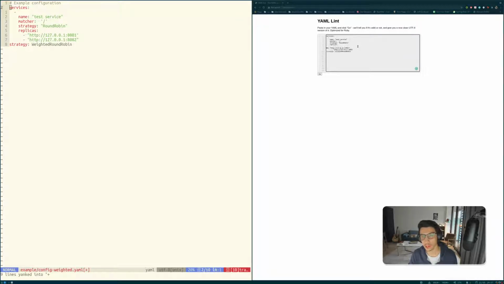And the replicas would be something like, okay, so I have a URL, and then we have some metadata associated with it. And the metadata itself can be something along the lines of